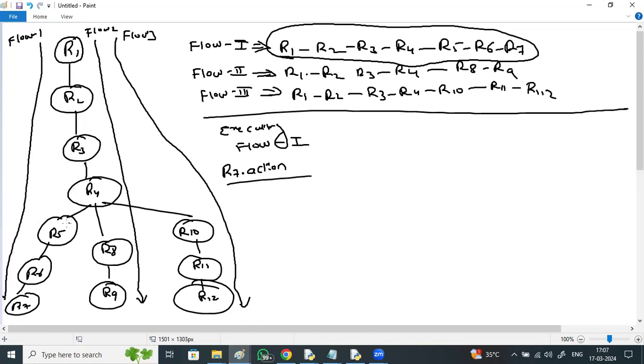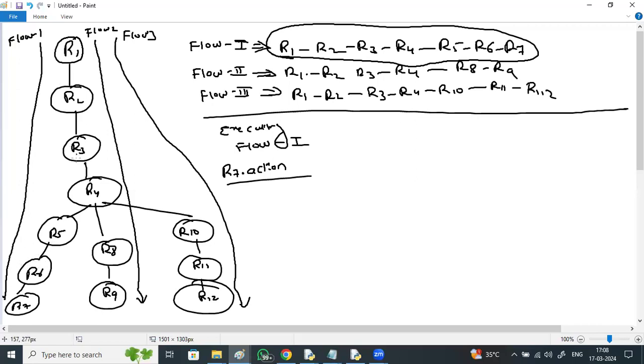R3 to R4, R4 to R5. During this flow process, data will be transformed, filtered, and merged. Many operations will be performed. Once data comes to R7, R7 is your final output. If I say R5 dot action, the entire flow executes from its root. From where to where? From R1 to R5, and R5 output will be collected.